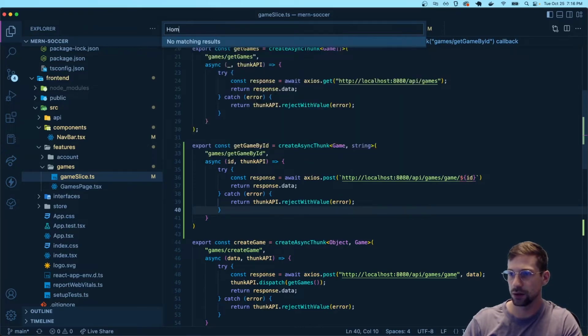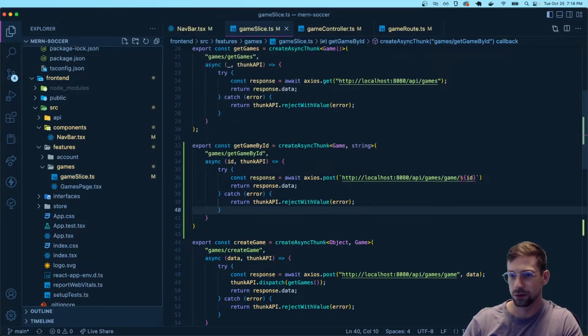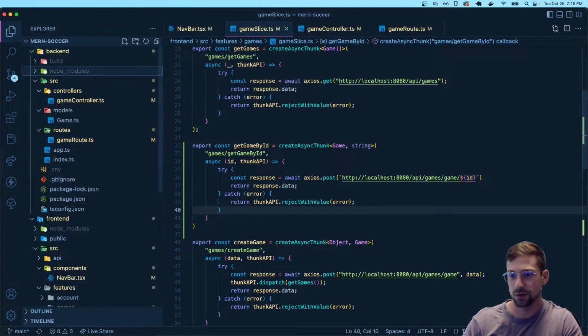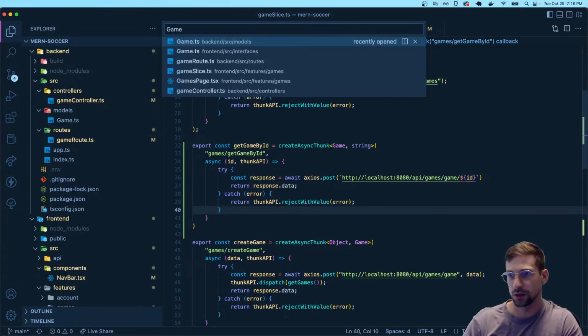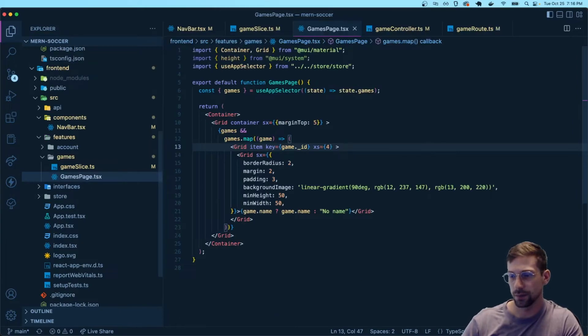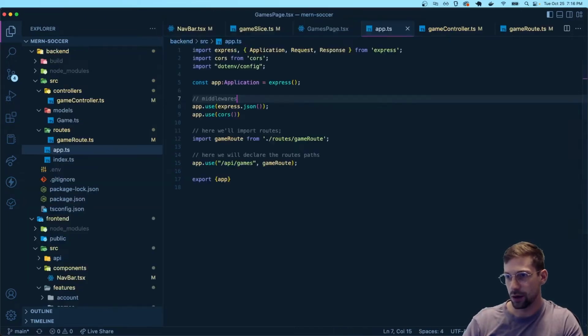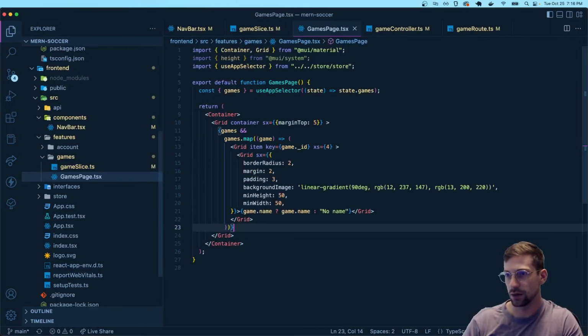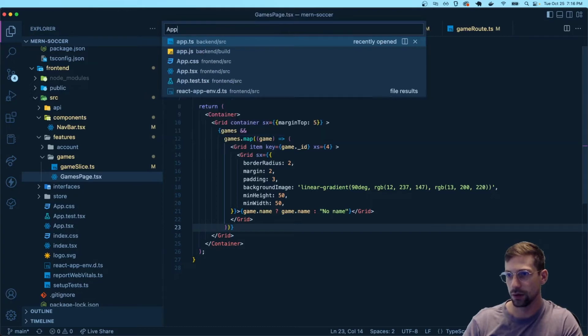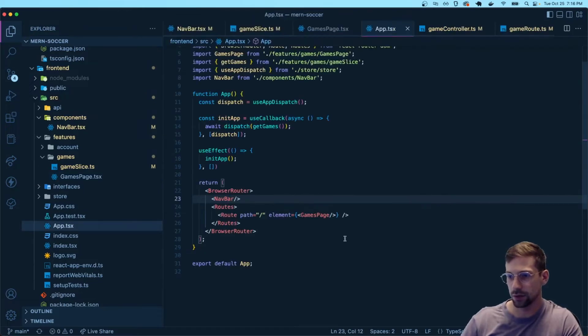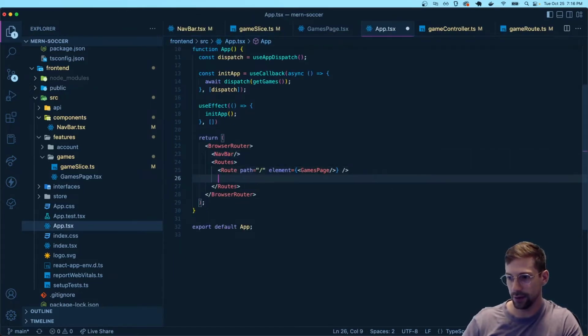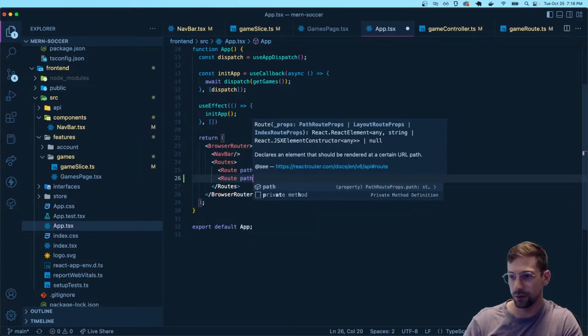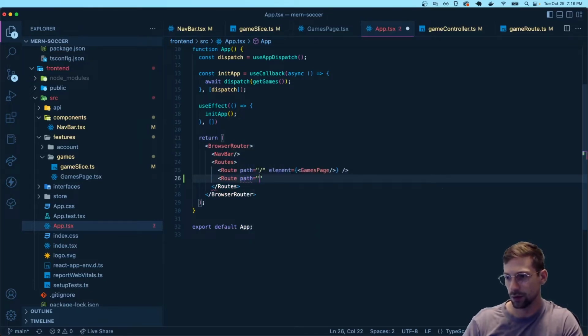should be featured games page. Games page. Okay. So we have games grid. Now I also want to create, not this app, I want to add the route. Alright, so I have that route. Now I also want to create a route for a single game. So this would be